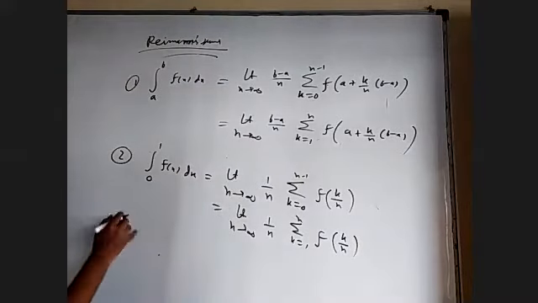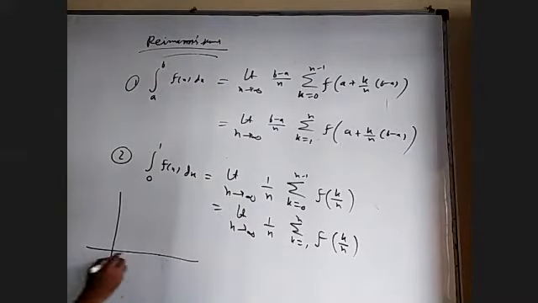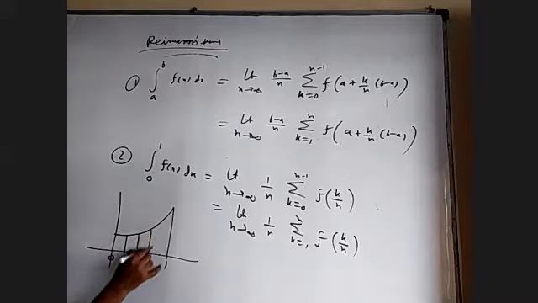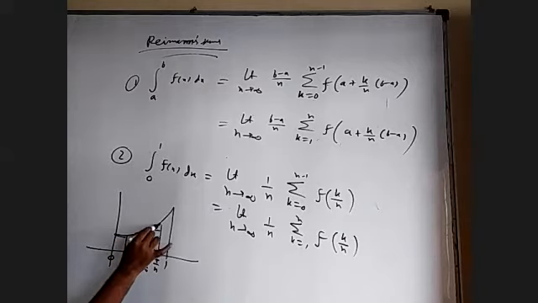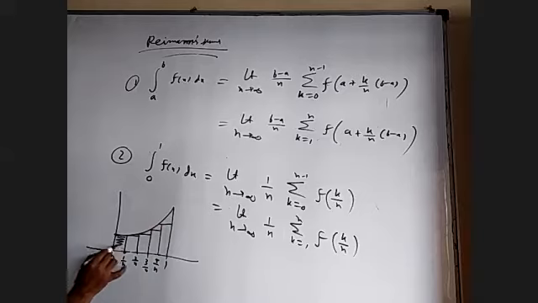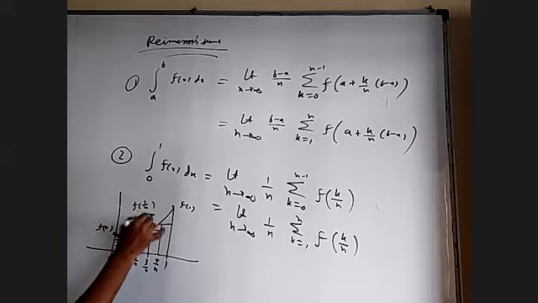Even this alone you can understand very easily. I'll just show you from the figure. Let's say there is a curve between 0 to 1. You make it into n strips. If you make n strips, what is the x coordinate here? 1 by n, this is 2 by n, this is 3 by n, this is 4 by n. If somebody takes rectangles up to here, what's the area of this rectangle? This height is f of 0, this height is f of 1 by n, and this height will be f of n minus 1 by n anyway.